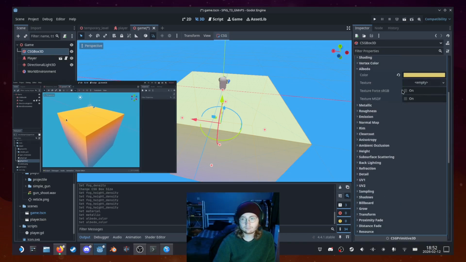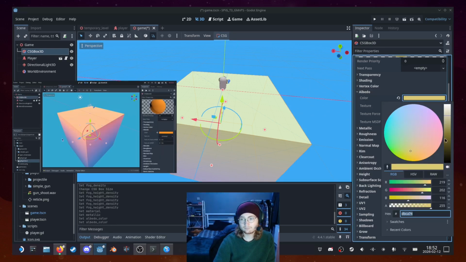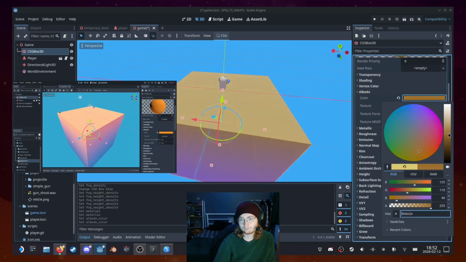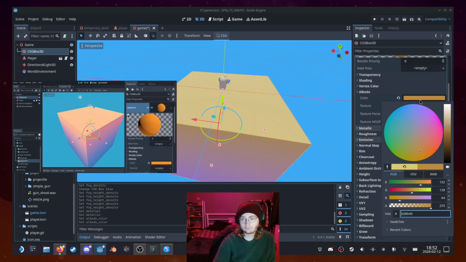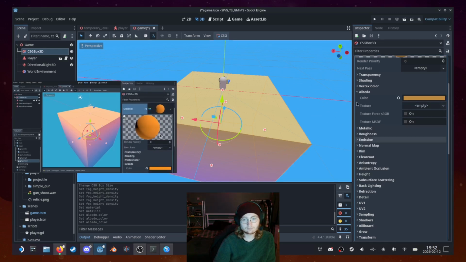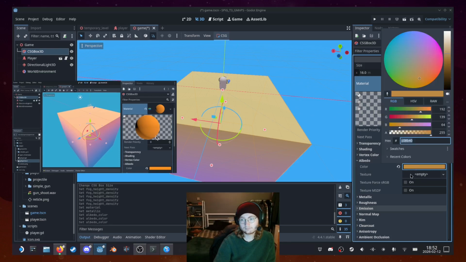Also note that when you select the CSG box, there's kind of a blue overlay over it, and this changes the colors that we see. You can see a preview of the material in the inspector on the right, so we could work with that to shade the platform, but it's good to see how it will look in the view as well, but